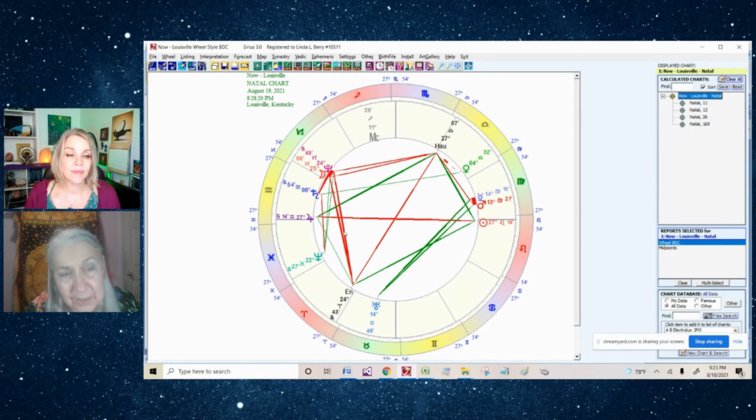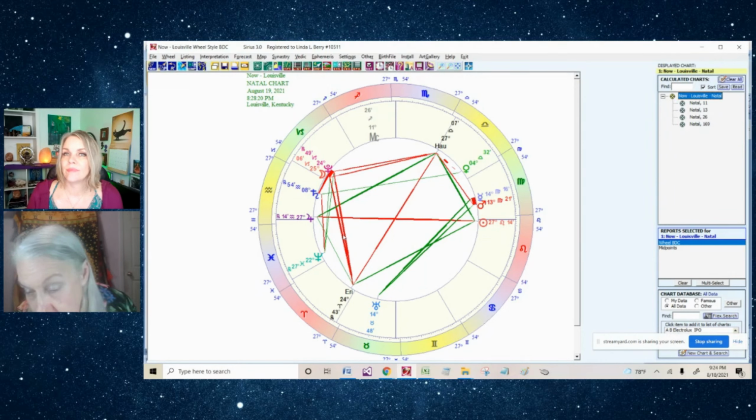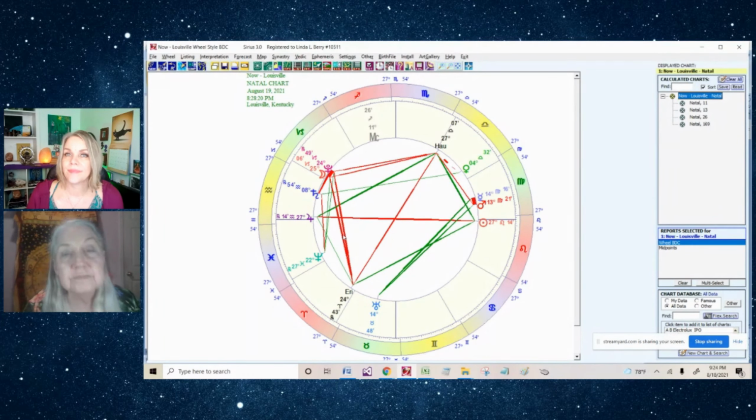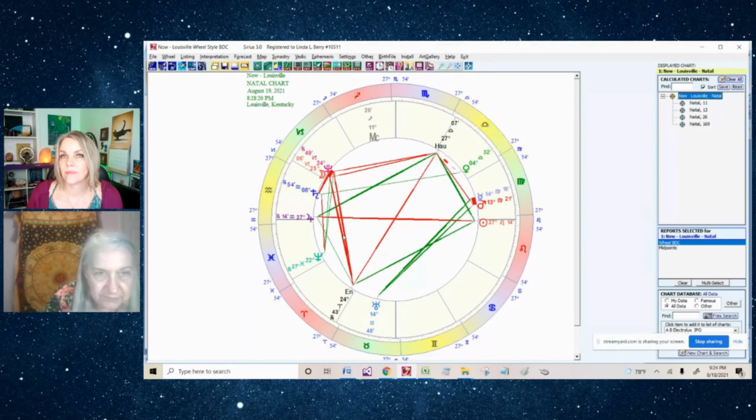Right. So here we have Sun and Jupiter, and in this chart for the exact time when they're opposite each other, they're kind of just laying across the chart horizontally. It will be at 8:28 p.m. tomorrow night, Thursday, the 19th of August. And that is Eastern Daylight Time, folks. 8:28 Eastern Daylight Time. That'll be 5:28 Pacific Daylight Time, and you're just going to have to adjust for other time zones.